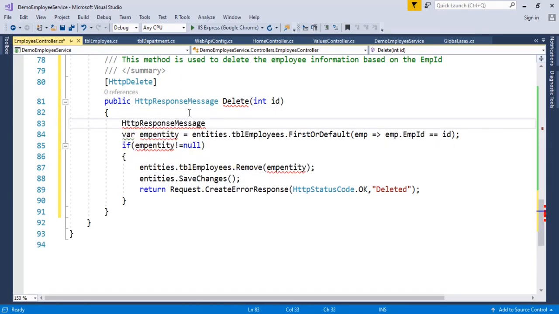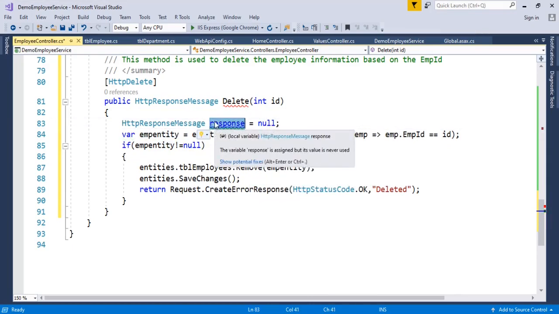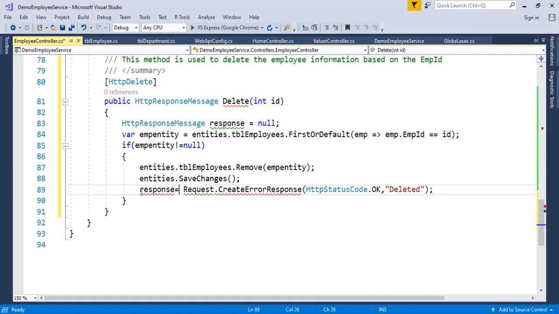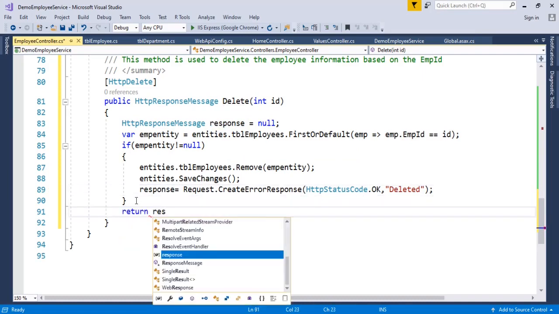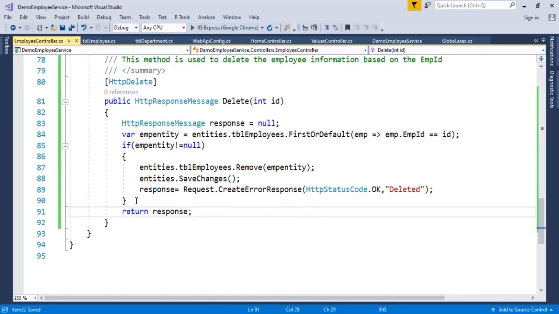HTTP response message response equal to null. That response assigned to here. Okay, that's it.